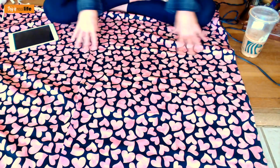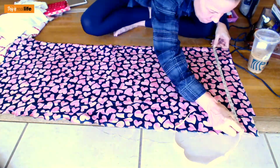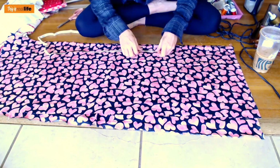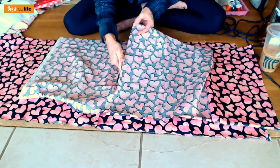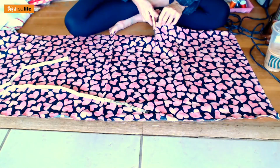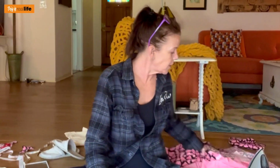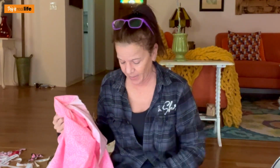So, yay. So I wanna cut these out. I'm gonna cut it directly in half here, and then I'm gonna cut it into thirds, so that gives me 6 scraps of fabric. Okay, now that we have all of our fabric pieces cut for our tea towels and our 6 napkins,